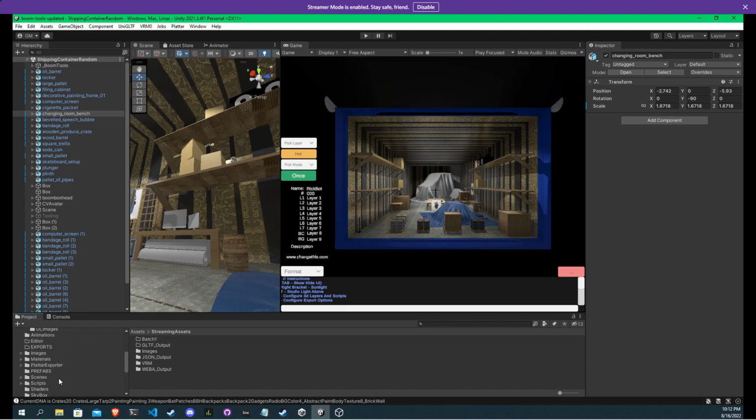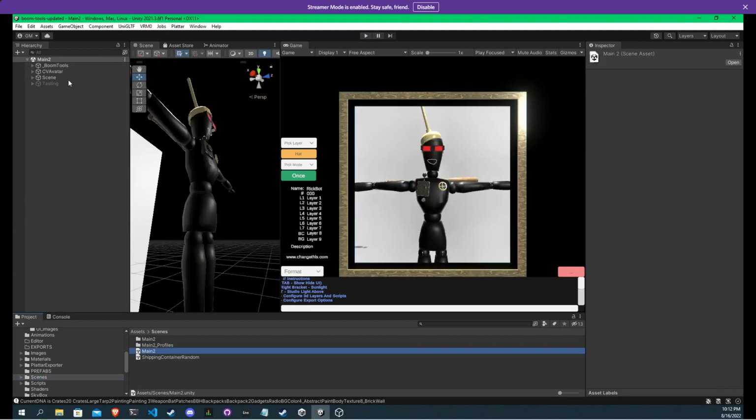Just go over to the other scene real quick. This shipping container was the newest thing. That's why it's not fully fixed. This one's very nicely cleaned up and everything's there. The other one's real work in progress, but it's almost more useful to have a loot crate that can randomize stuff inside it. But in that case, it needs to export not only the main GLB, but also the sub